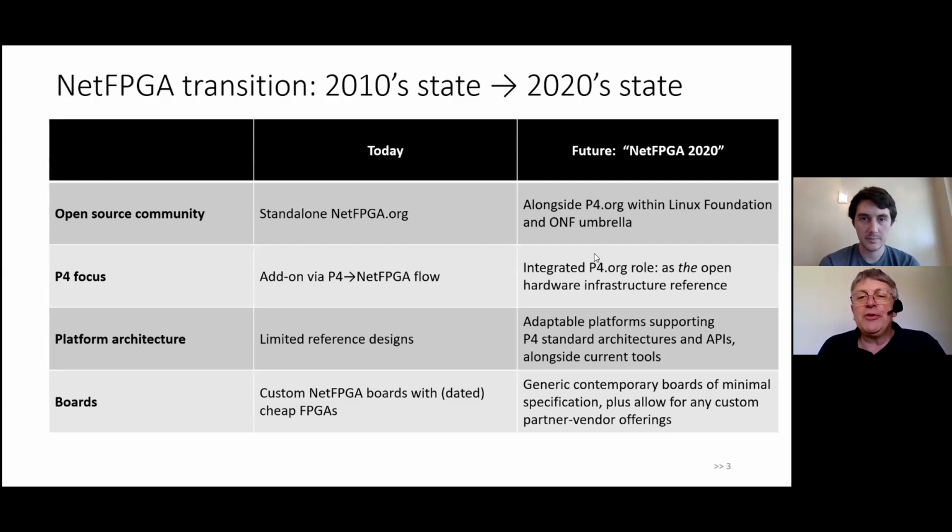So the idea for the future is to get more alignment with P4.org, and that's really the nature of this talk, bringing it into the P4 community in a more integrated way, and looking at what's been going on in P4, and trying to make this a kind of hardware infrastructure reference for the P4 community, the hardware analog of BMV2, if you like. And in order to achieve that, instead of having people producing custom reference designs and hacking them, the idea is to have basic platforms which can be directly used by people who are scared of hardware, or can be extended, and